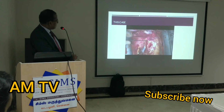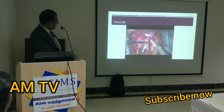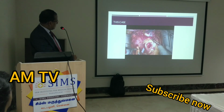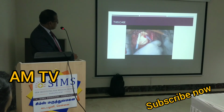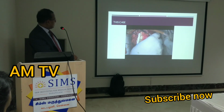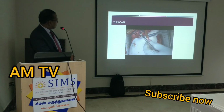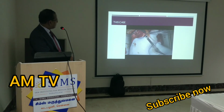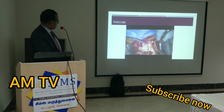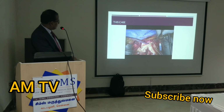In the picture I have shown all the branches. You can see it in the real picture in the video. So through this we deploy the graft where there is a tear in the lower part, in the chest. You cannot see that part. We pass a wire, and through that only we get the graft. All this has to be stitched very carefully because even one